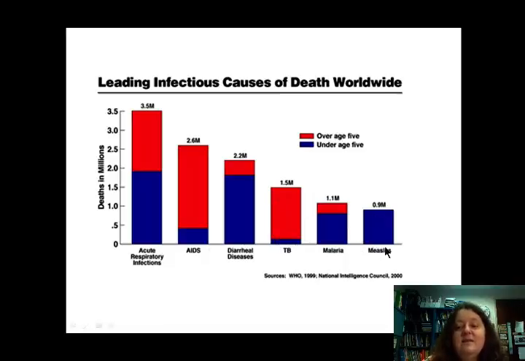Okay, so measles is another disease that's misunderstood. Measles causes a rash. Chickenpox causes a rash. Sometimes people think of these as, oh, childhood diseases, they're not so bad. But that's not true for measles. Measles is a killer. Measles has the potential for serious complications from the infection. And you can see it kills a lot of kids.